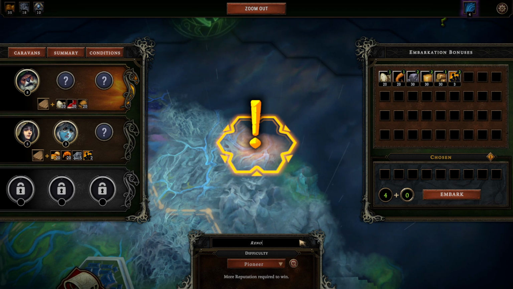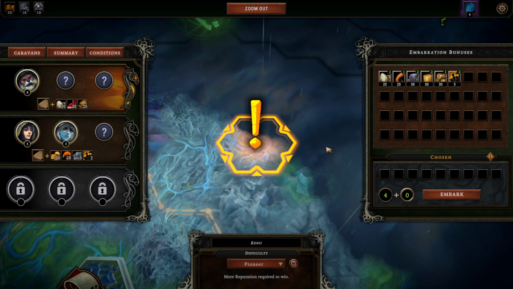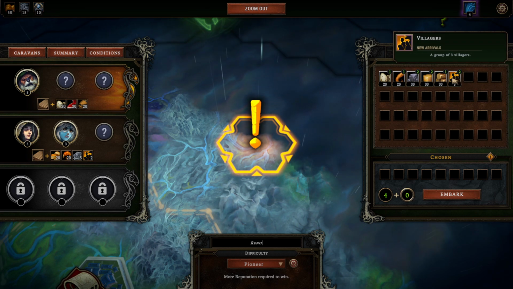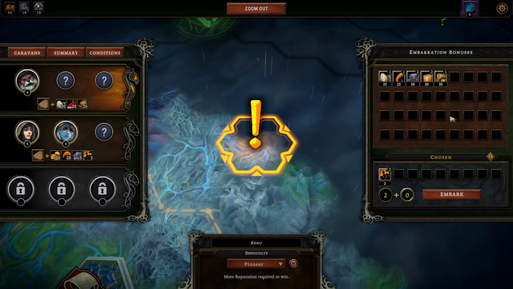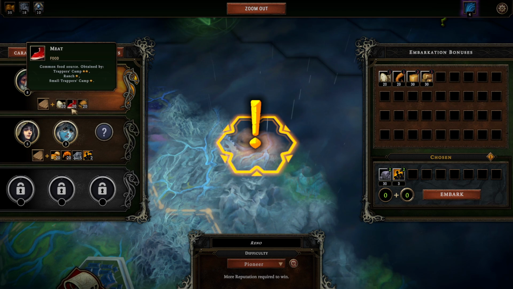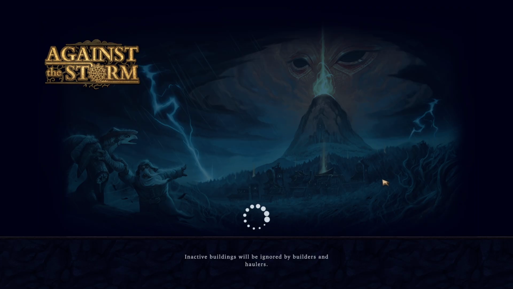Welcome to Reno. The loveliest little settlement in this particular sort of weird mountain range area. And who's coming? What are we taking with us? I think I like starting with extra villagers enough to take it even when it is 2 points. And the extra stone, we're starting with a fair amount of bonus food here. And the beavers can solve the wood problem. Yeah, let's do it. We'll have a quick look at this. Obviously, we're not going to play this one here in this video because...